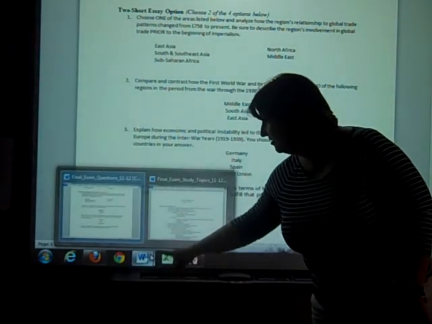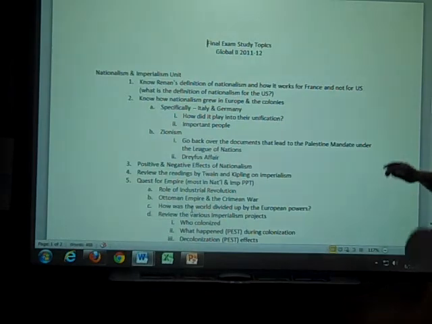All right, let's switch over, take a look at the study topics for the multiple choice. The final is not cumulative. You may see some references to the Industrial Revolution simply because the Industrial Revolution was so intertwined with imperialism, but I'm not asking any specific outright Industrial Revolution questions. So we start with nationalism, imperialism, then we have the world wars, and the Cold War is going to be very, very basic.